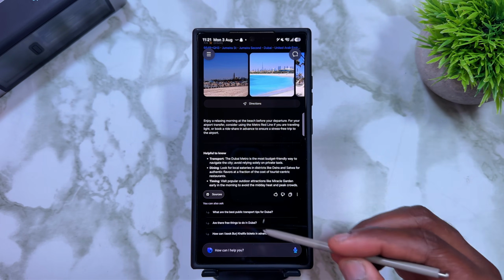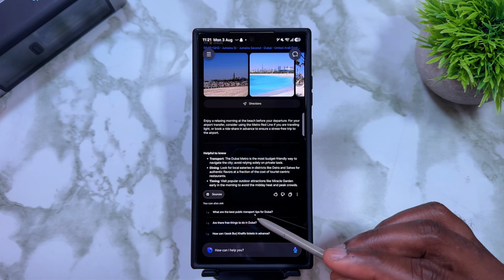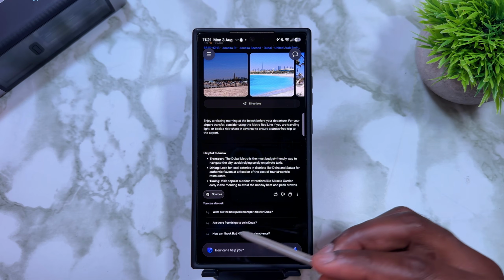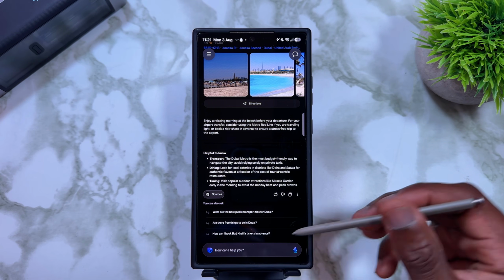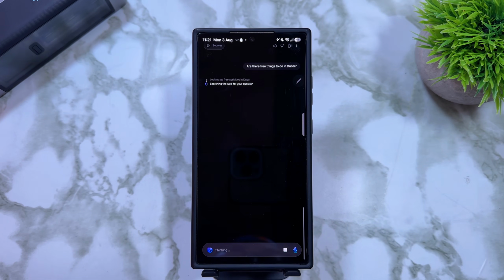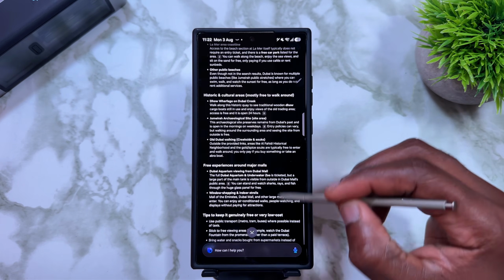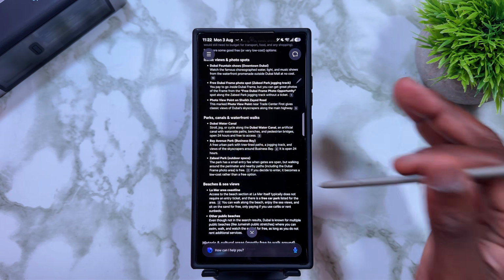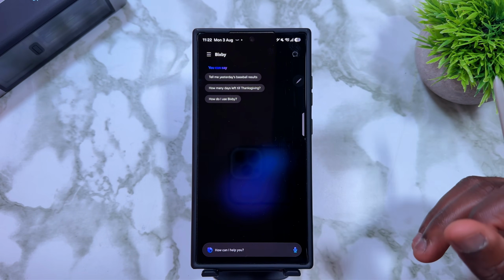And when you scroll down, you also get the option to ask extra questions. Like you can see here, what's the best public transport tip for Dubai? And then also here we have other free things to do in Dubai. So if you have any of these questions, you can just tap on them and it's going to give you the answer. So yes, it now breaks everything down this way for you, showing you other free places and things you can do in Dubai. You're just going to tap on that and start a whole new conversation. And you could also ask it,